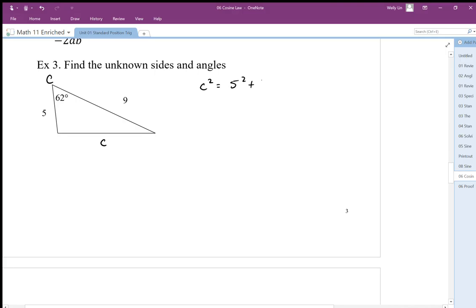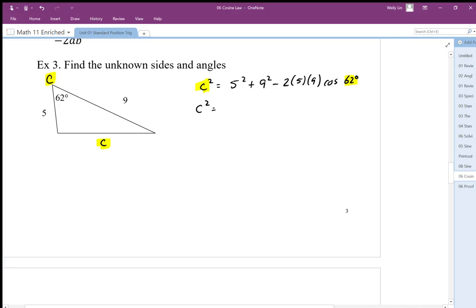So C squared is equal to A squared plus B squared minus, and we have to just account for that this is not 90 degrees, so I'm going to do 2 times 5 times 9, and then cosine of the 62-degree angle. And again, just make sure that if I'm solving for this C in the formula, I need to use this angle C in the formula. Okay. So plugging it in, C squared is equal to,